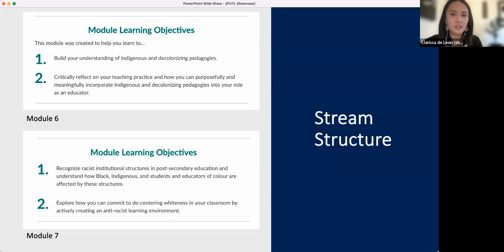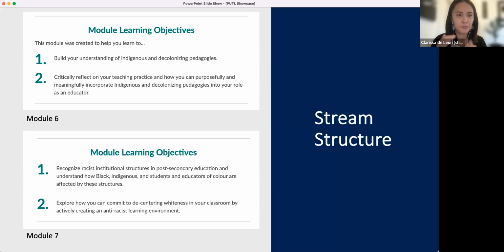Let's first talk about some of the things that are the same. These 2 modules, like the previous 5 modules, are grounded in learning objectives. I won't read out the screen here, but these are the learning objectives for Module 6 and Module 7. This is what you're going to learn; these are the takeaways we want you to come away with. Between these 2 modules, the learning objectives are structured in the same way.